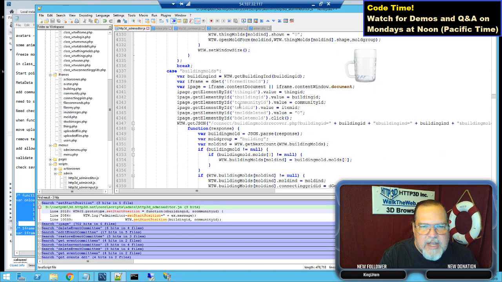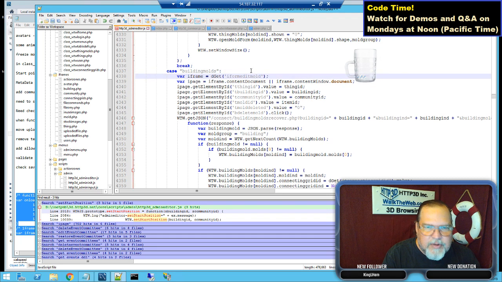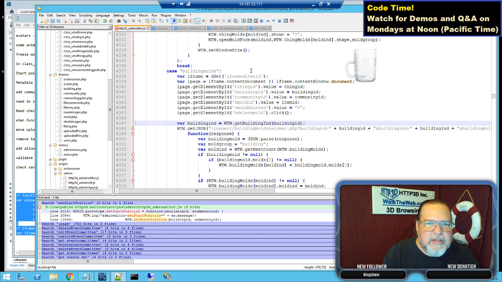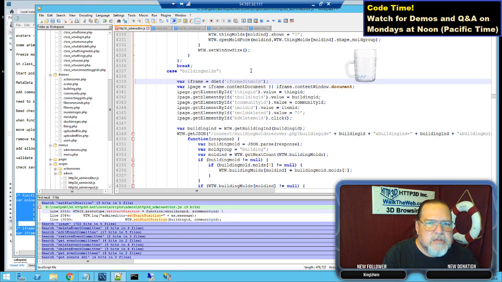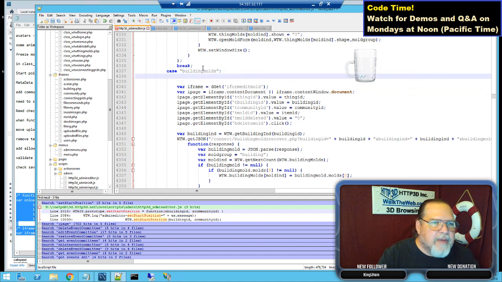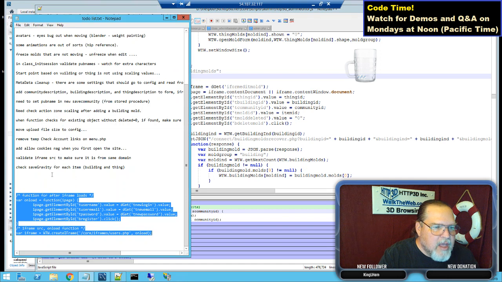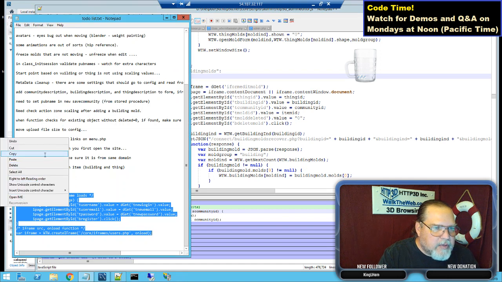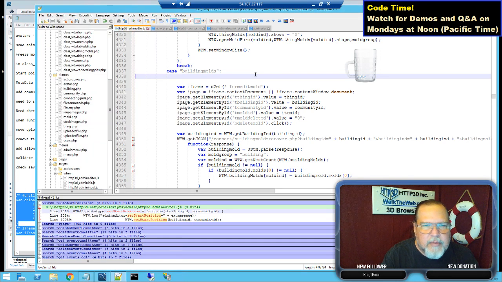Now, if I'm not mistaken, yes, we have another one for the building. And these are basically 3 identical processes. One goes to buildings, one goes to communities, and one goes to things. My 3 different layers of items that we're creating that are used in 3D web browsing. Okay, so the next part here I want to mention